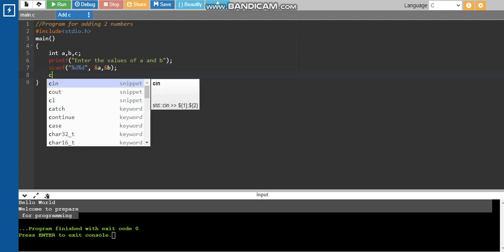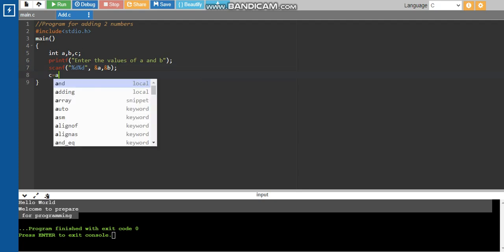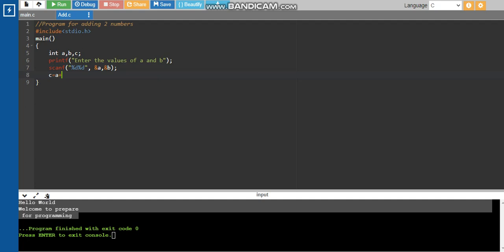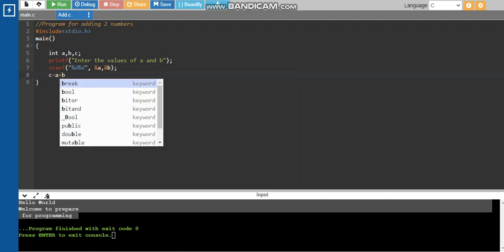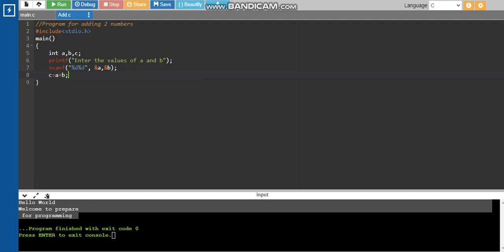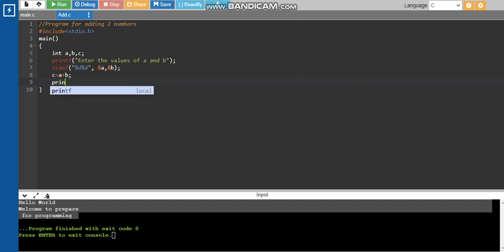Now here I want to calculate C is equal to A plus B. So mathematically you can write it as C is equal to A plus B. Whatever the first value read is stored at A, and whatever the second value read is stored at B, and both of these will be added and the result will be stored at C. Now I want to print the result. So printf